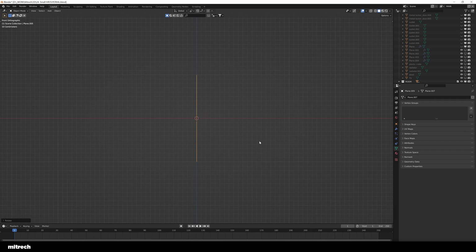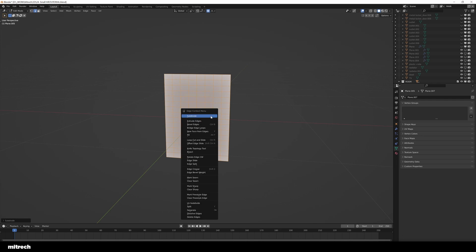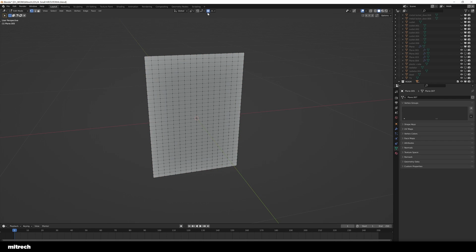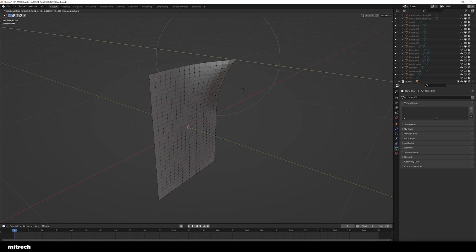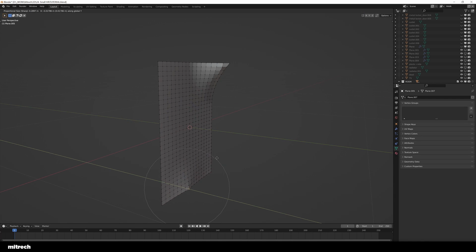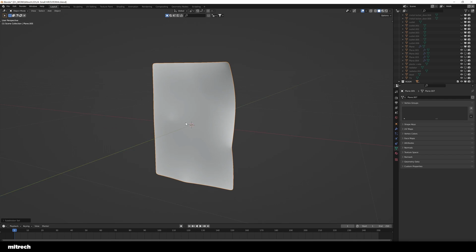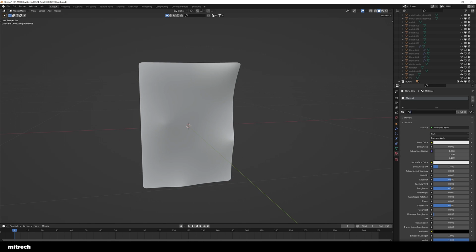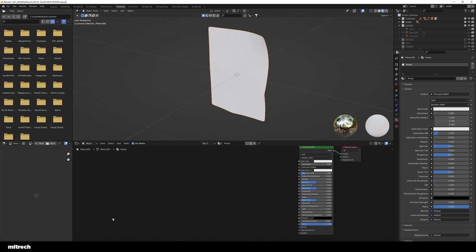For the posters, those are simple as well, right? You just make a plane, resize it into the correct aspect ratio that you want, and throw a bunch of subdivision on top of it. And using the proportional editing tool, once again, just select one of the vertices and move those around, make it seem like the poster is coming off the wall, or whatever you want it to, right?